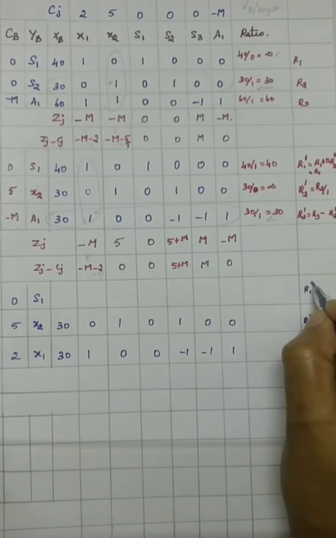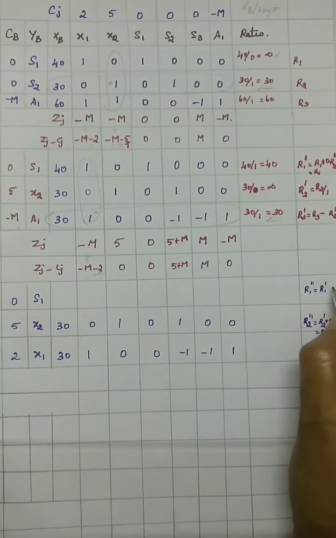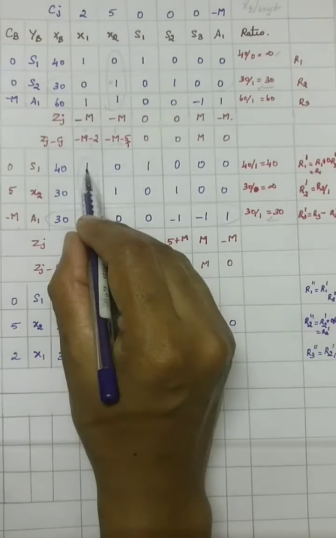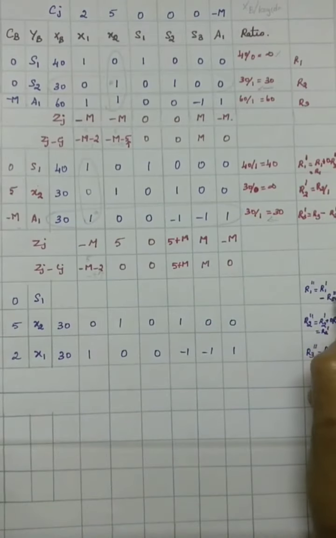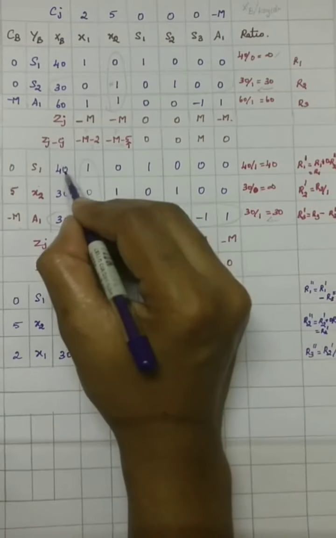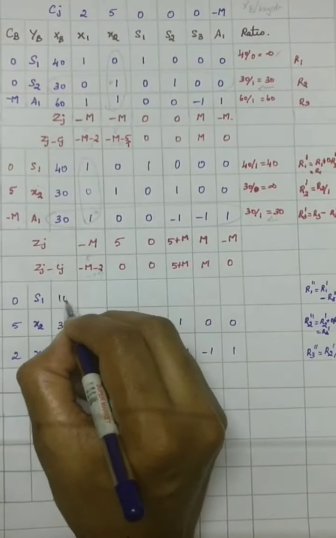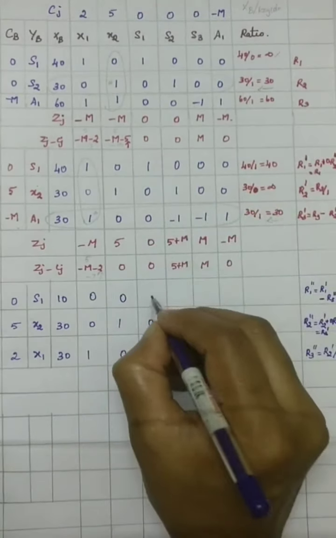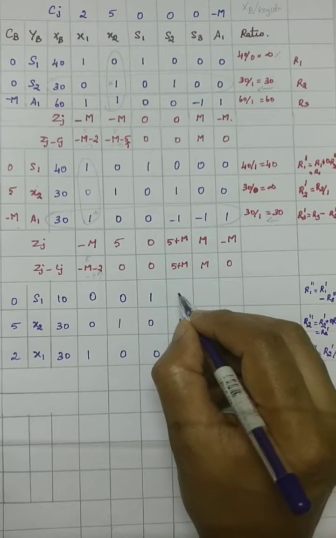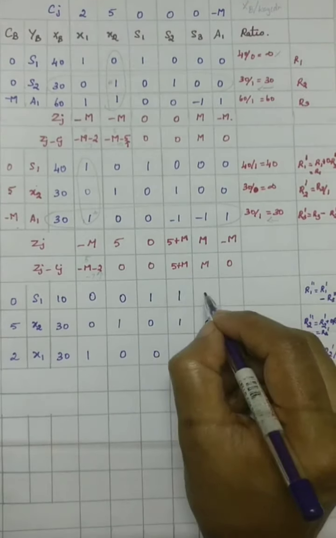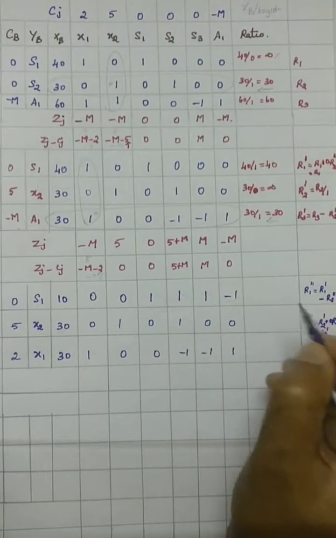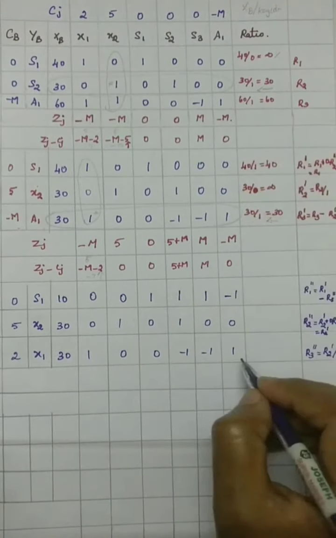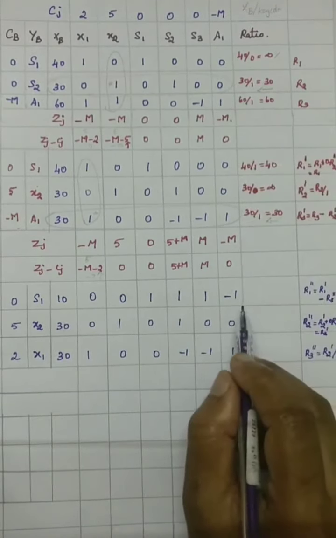The next is R1 double dash is equal to R1 dash and R3 double dash also you have to use. So in between we have the element 1. So the coefficient of R3 double dash is minus 1. So R1 dash minus R3 double dash, that is 40 minus 30, that is 10. 1 minus 1 is 0. 0 minus 0 is 0. 1 minus 0 is 1. The next thing is minus 1, so plus 1. 0 minus of minus 1 is plus 1. 0 minus 1, this is minus 1. So here we have 0. This is 1, so this will be minus 1.